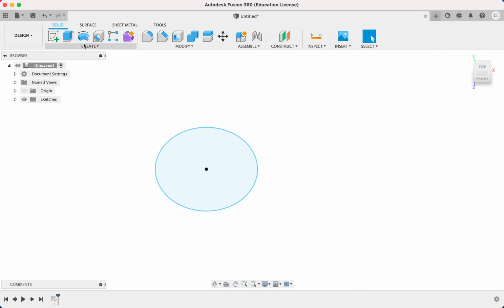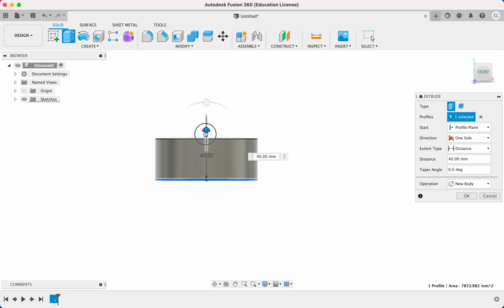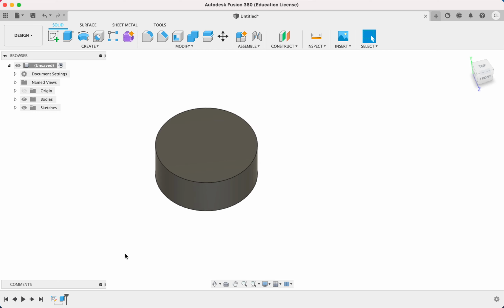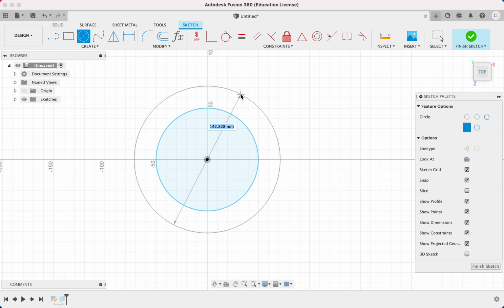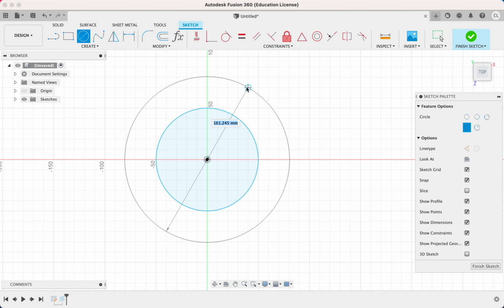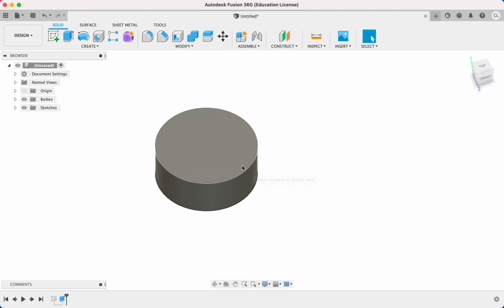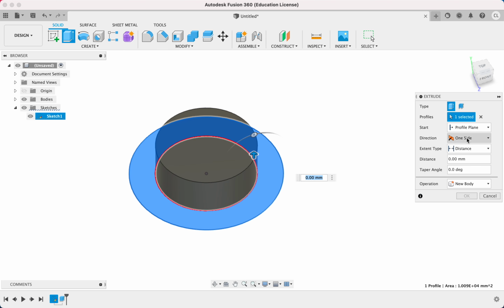Okay, so I'm going to first start off with making my basic wheel, and it's just going to be a really basic cylinder, just so I can demonstrate how this tool actually works. Okay, so maybe like this or something. So maybe I'll add a little more detail, like a tire. So this is not to scale or anything, so I'm just going to extrude